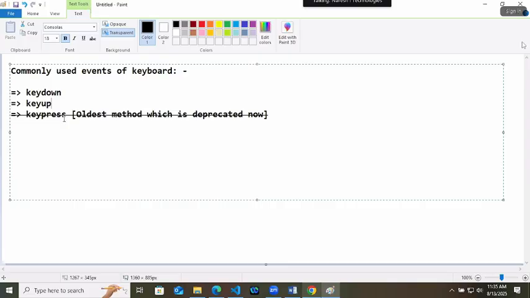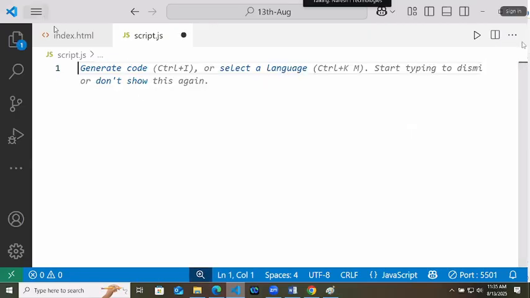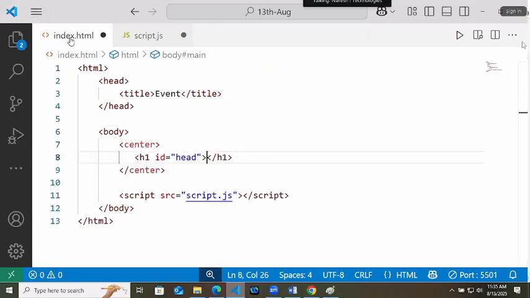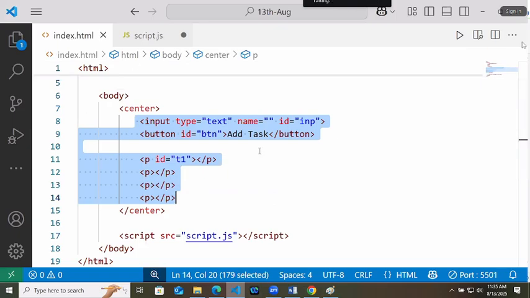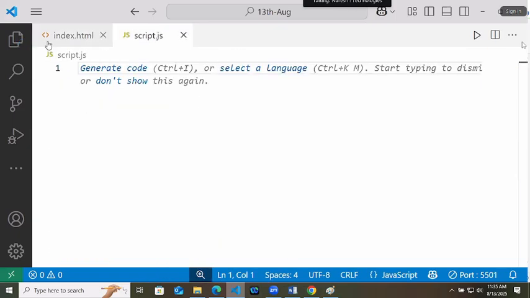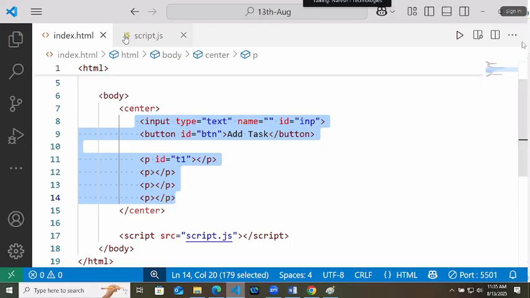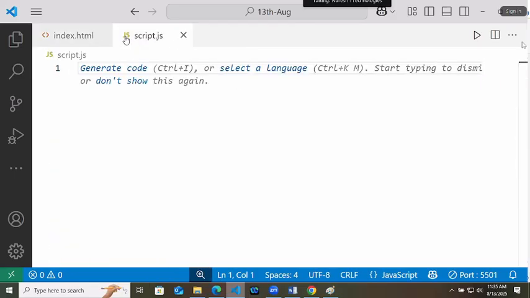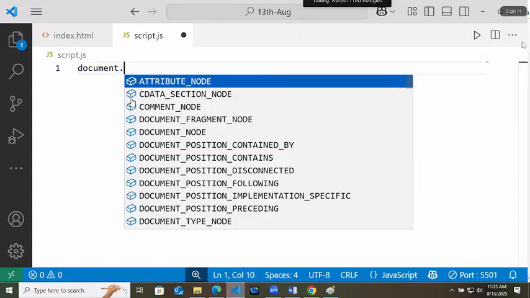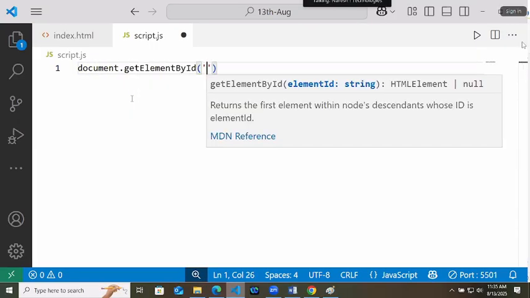So where do we use these kind of things? Again, I will create that environment of adding a task like this. So to this button, we can give a task, that button dot on click. Did you get the point or not? So button has an ID as btn.